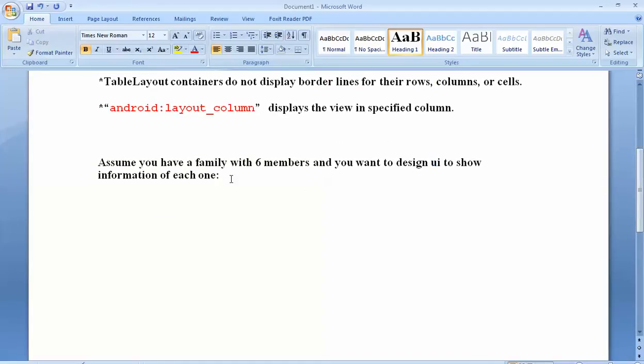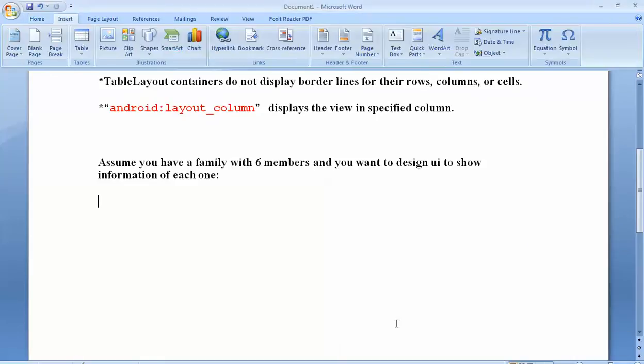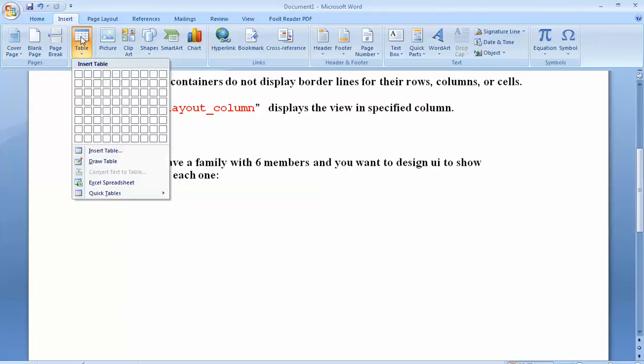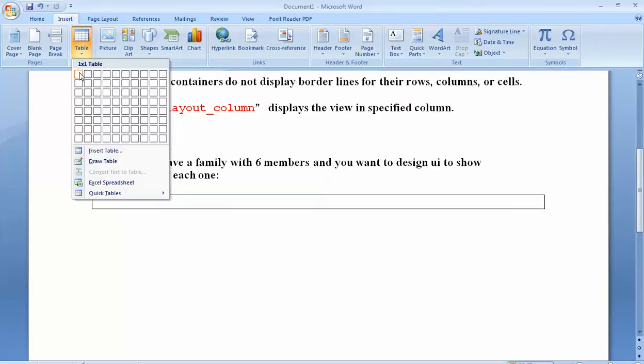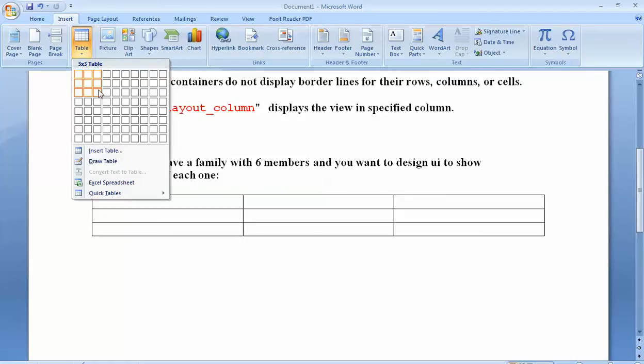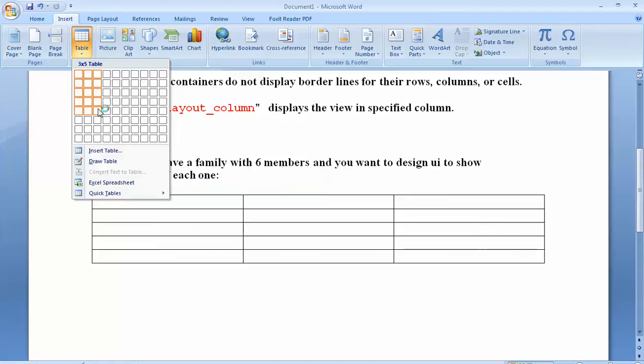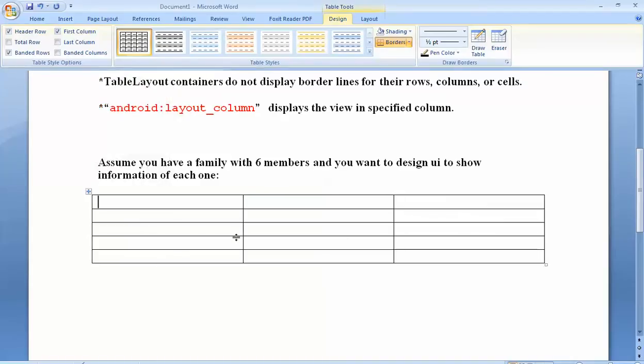Now assume you want to design something like this. You want to design 6 members, let us say 9 or even 12 members of the family in the form of a table like that one,